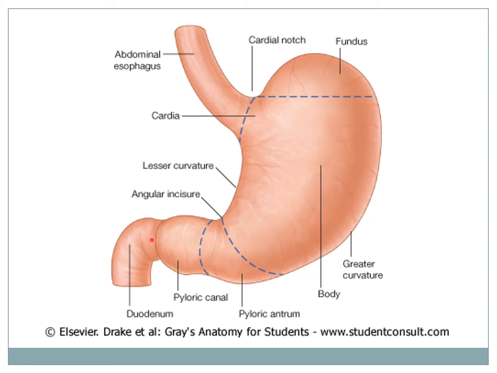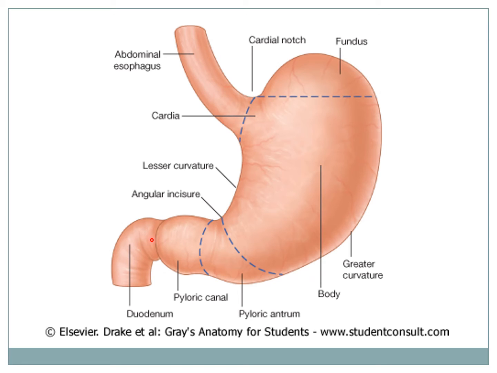The fundus is the part of the stomach above the horizontal plane passing through the cardiac notch. It is filled with air even when the stomach is empty. The fundus extends beneath the left cupula of the diaphragm up to the left fifth intercostal space. When the fundus is much distended with gas, it may produce cardiac dullness.